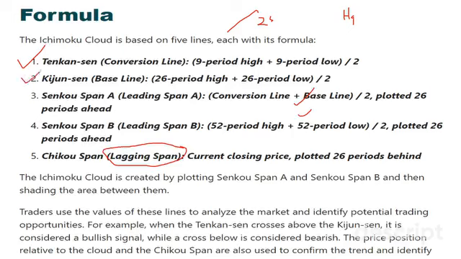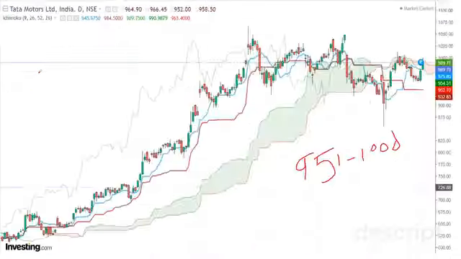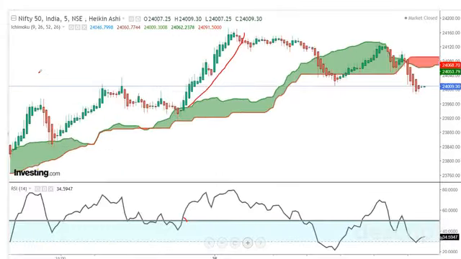Now, it looks very, very clumsy once I put all the indicators. If you remove the other indicators and take only the cloud and do research based on this, you simply plot the Heiken-Ashi, your cloud and RSI. So the data is sitting in your face. You can simply do the trade.